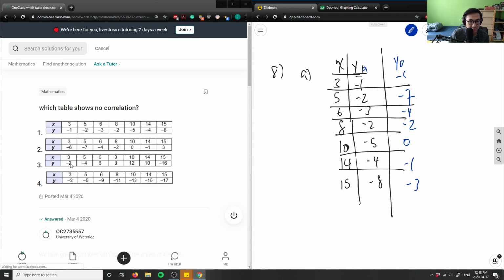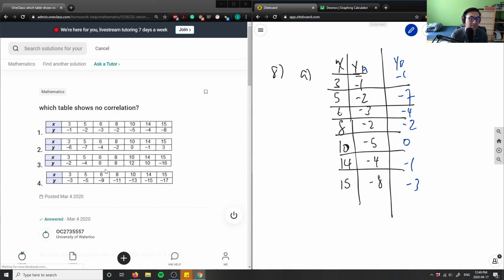This one here is negative 4, negative 2, negative 4, positive 6, positive 8, 12, 0, and 16. And this here is negative 3, negative 5, negative 9, negative 11, negative 13, negative 15, negative 16, right? So I think for 4, because it keeps going negative, I can see some sort of linear progression. 2 here,